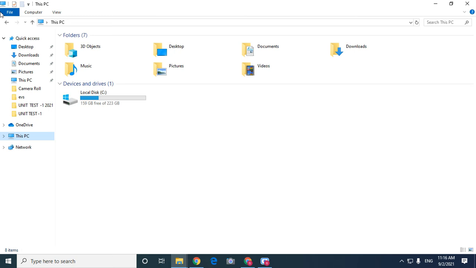Now let us see working with File Explorer. After having learned about the different parts of File Explorer, that is, the ribbon, address bar, search box, and quick access. Quick access has these many options, and This PC has some of the hard disks, denoted by C drive, D drive, or DVD, and even the USB. Okay, now in working in File Explorer, we have many options where we can create a new folder, copy a file, move a file, delete a file, store a file, or even rename a file. Okay, first we will see how to create a new folder.